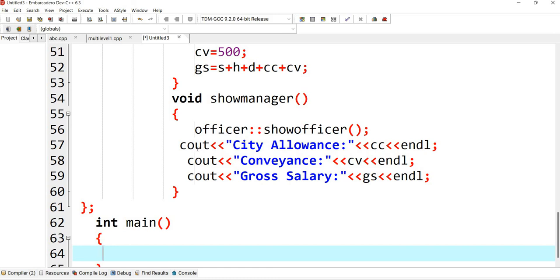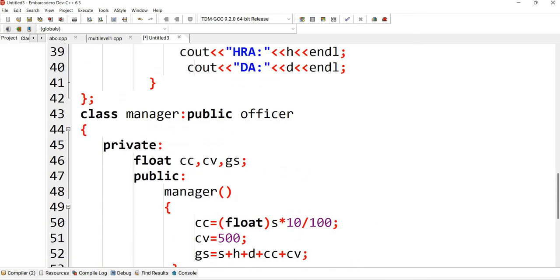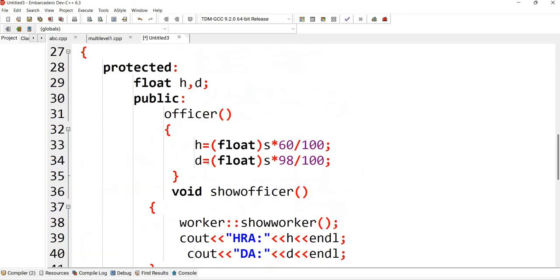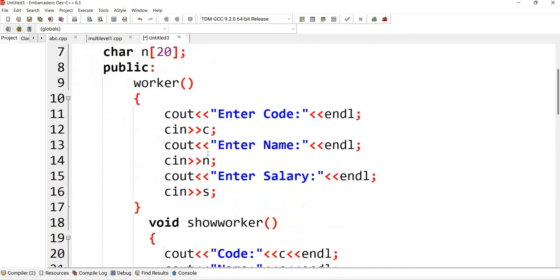So what is the last class here? See, we'll create an object for this class manager. So we'll write class manager m. One more thing, can you see here that since this is the constructor, right?